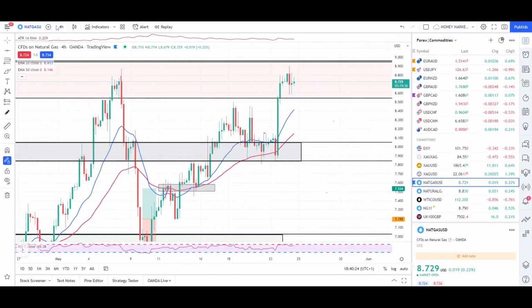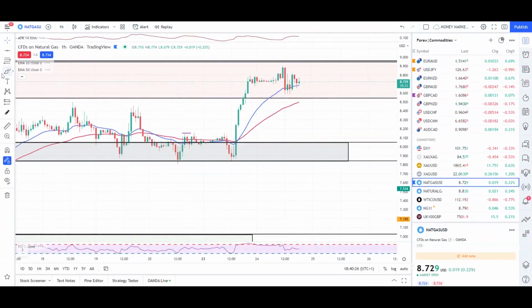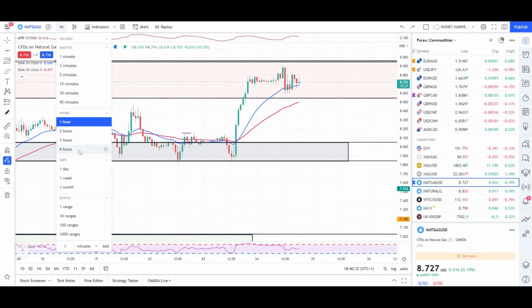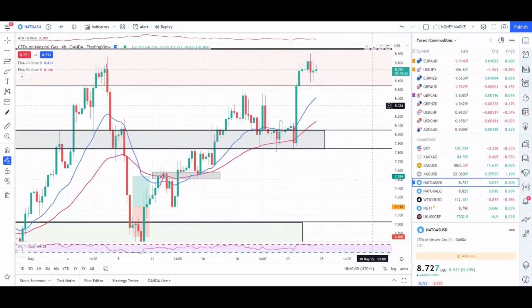And if you even look at the 1 hour time frame, yes, you do have a good engulfing candle. So on both time frames, you have a good entry reason. But what do I do in this case?